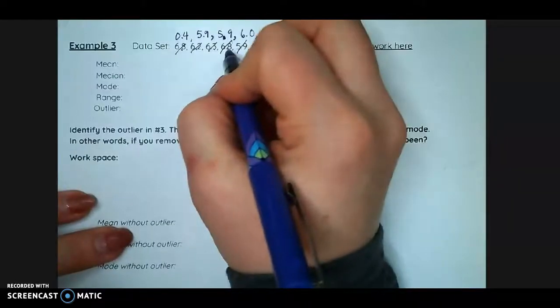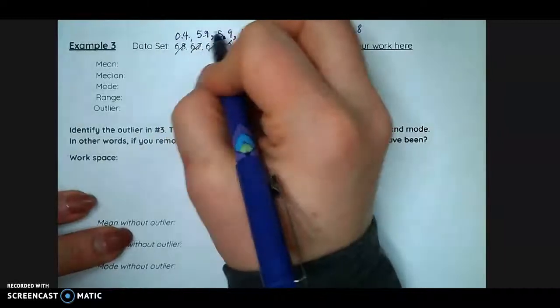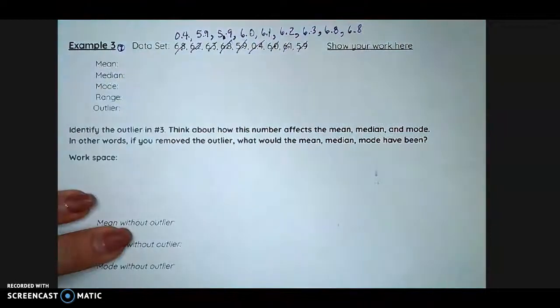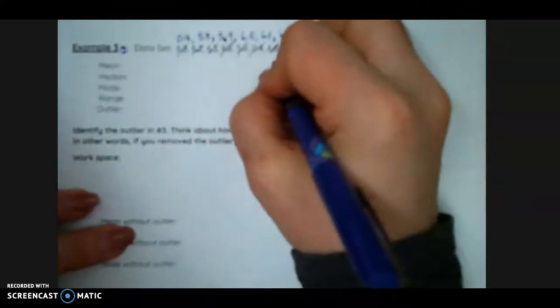1, 2, 3, 4, 5, 6, 7, 8, 9. So I know I should have 9 data points. When I add these up,